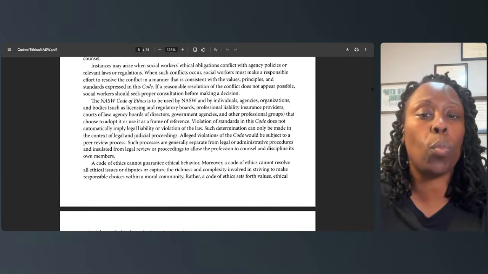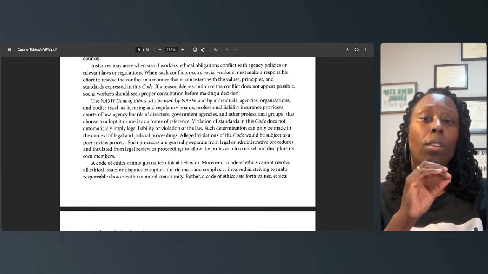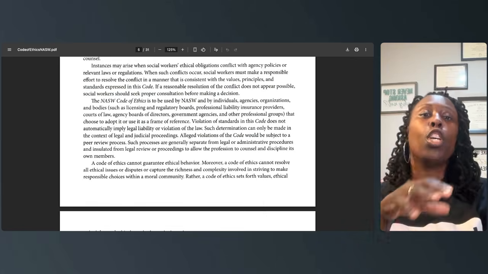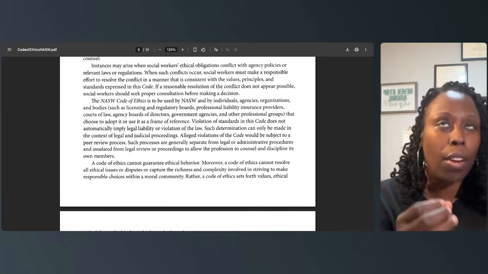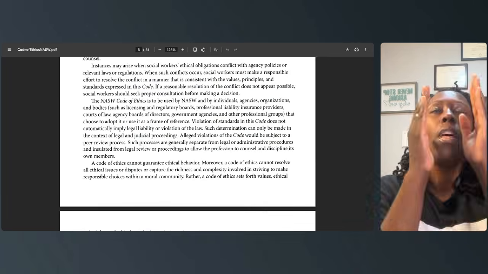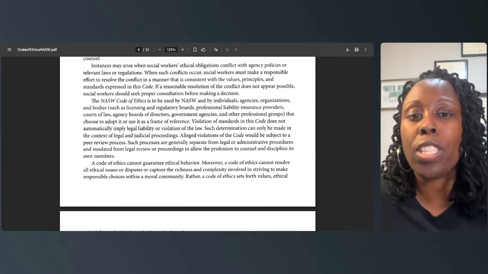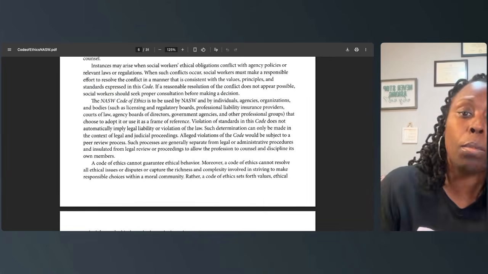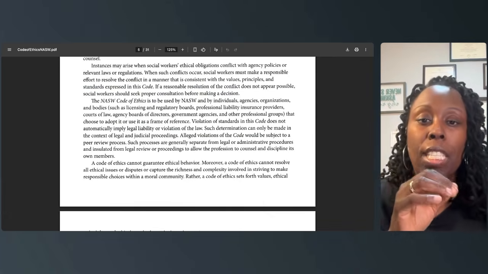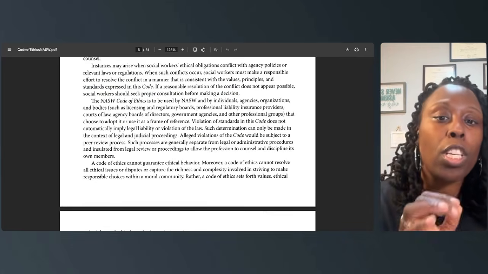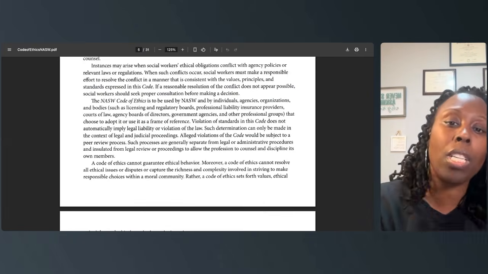Instances may arise when social workers' ethical obligations conflict with agency policies or relevant laws or regulations. When such conflicts occur, social workers must make a responsible effort to resolve the conflict in a manner that is consistent with the values, principles, and standards expressed in this code. If a reasonable resolution of the conflict does not appear possible, social workers should seek proper consultation before making a decision. I repeat, if a reasonable resolution of the conflict does not appear possible, social workers should seek proper consultation